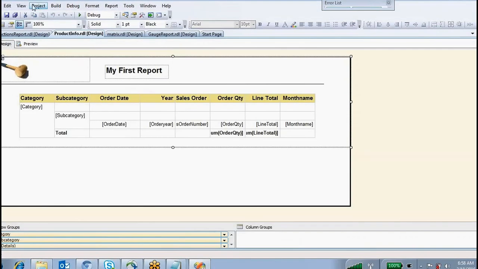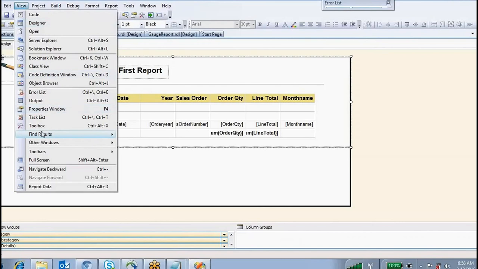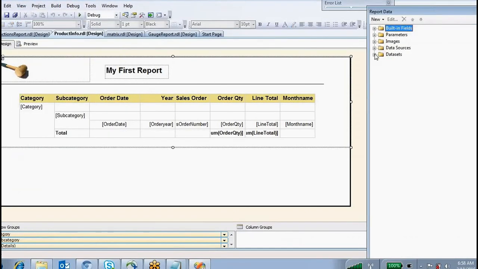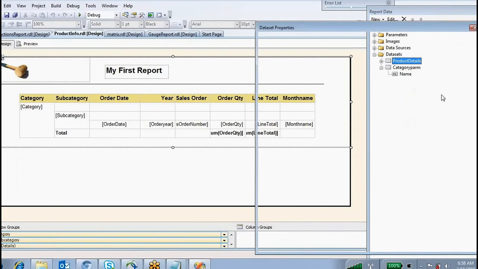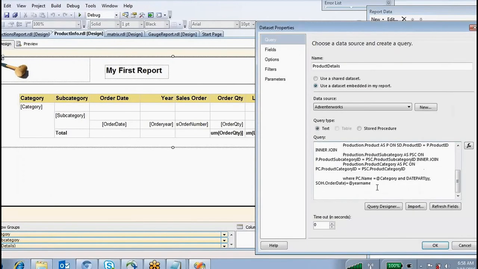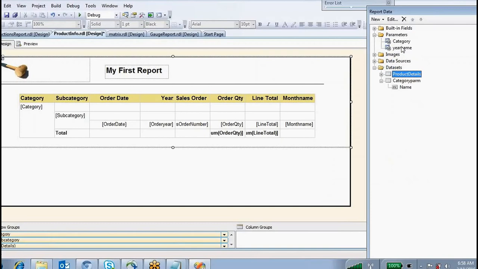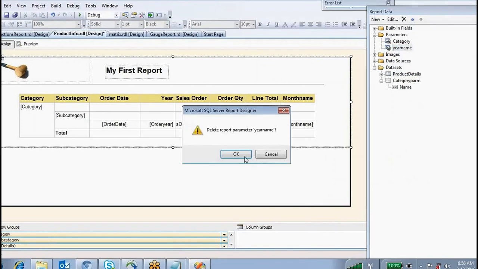So we'll see first. Delete this order parameter. Okay, only category parameter I want to maintain. You can delete from here also.